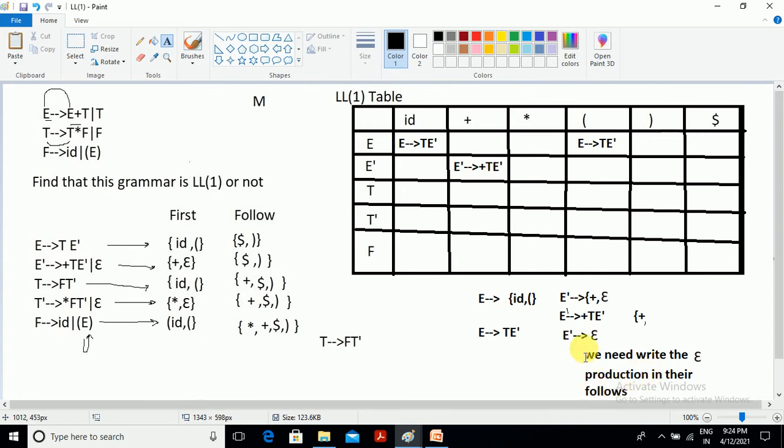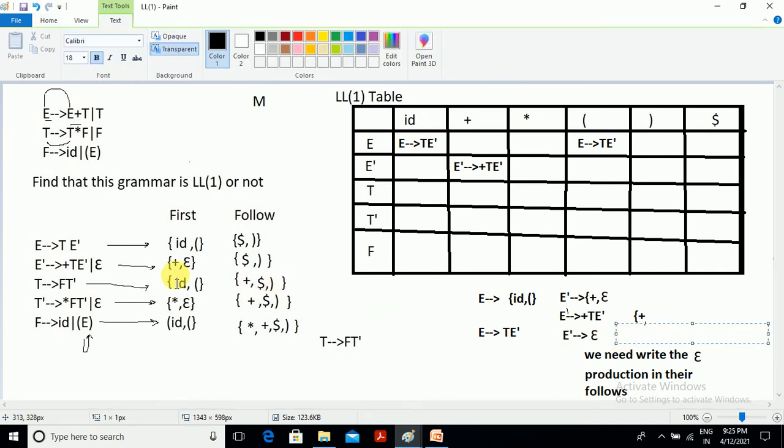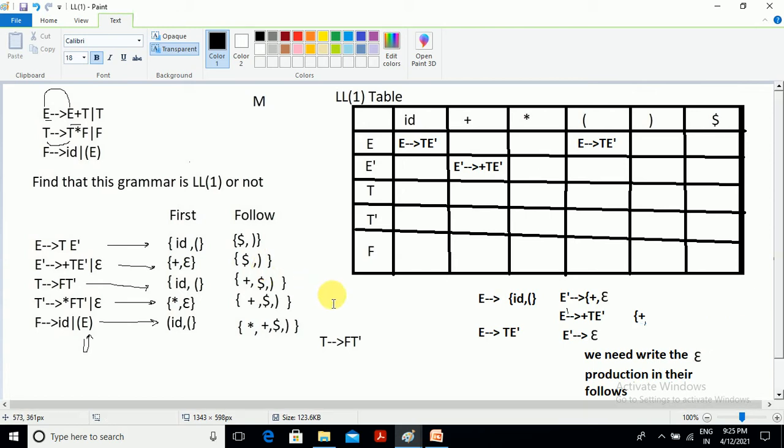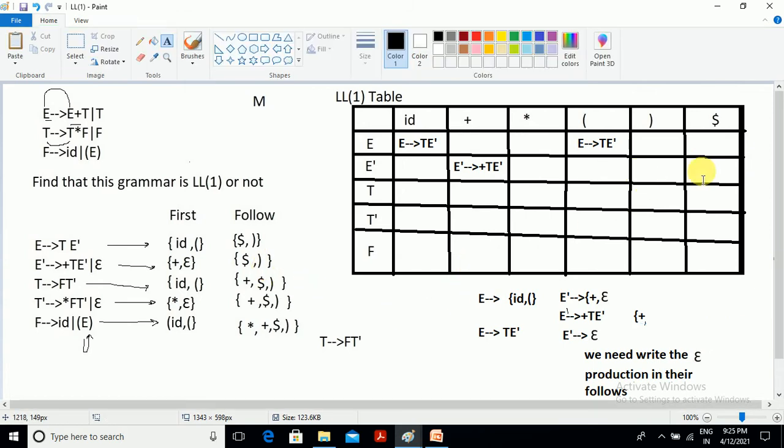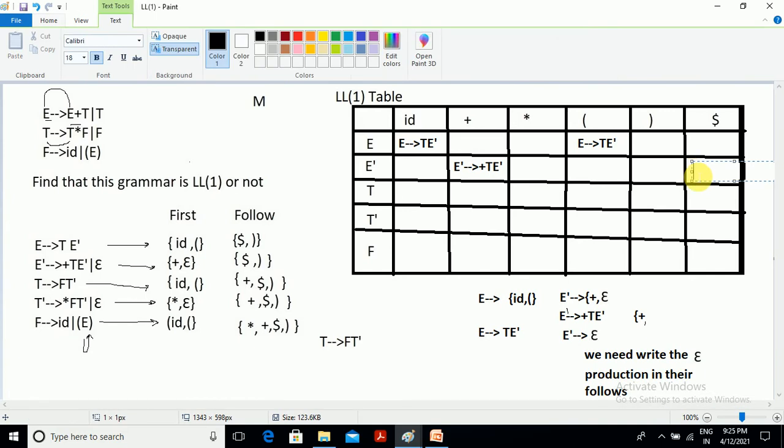So what are the follows for E'? E' follows are dollar and close brace. Here, in the dollar and close brace columns, we need to write E' deriving epsilon.